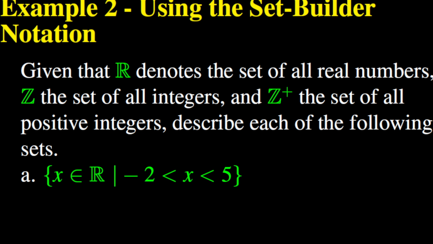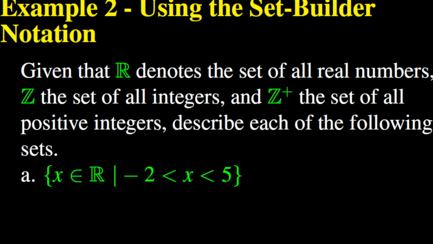The set R denotes the set of all real numbers. Z is the set of all integers, and Z plus is the set of all positive integers. Describe each of the following sets. Question A. Describe the set of x in R such that -2 is less than x, and x is less